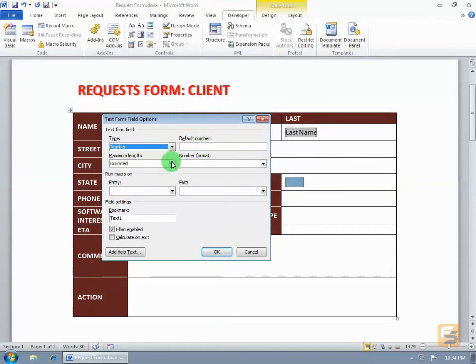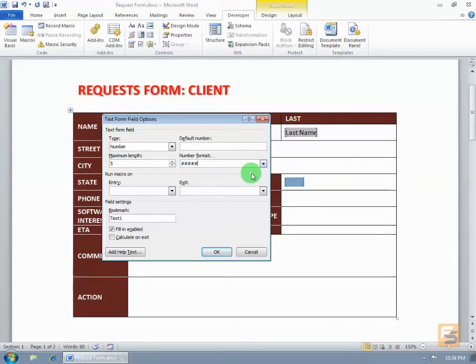The maximum length of the zip code, let's say, is 5 digits. Go ahead and click on the up arrow till I can get to number 5. Then come over here for the number format, click on the drop down arrow. Do you want decimal places? Is it going to be a large number, so you're going to have it in the thousands and you want a comma? Is it going to be a large number with decimal places? Are you going to have negative numbers, so you have parentheses there? In any case, I'm going to go ahead and type in my own number format, pound, pound, pound, pound, pound,